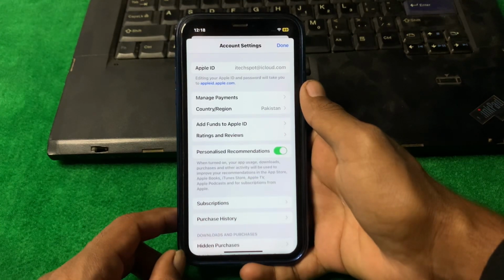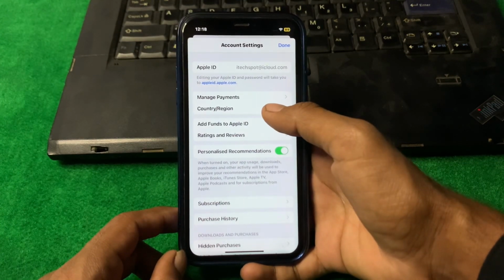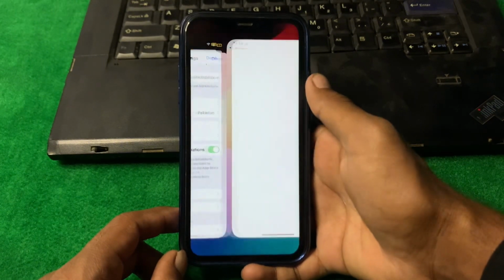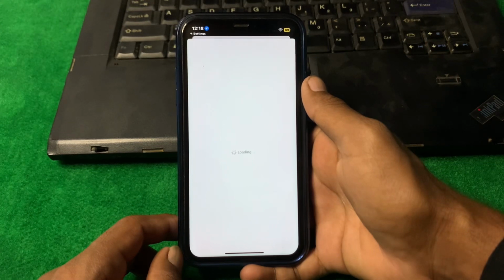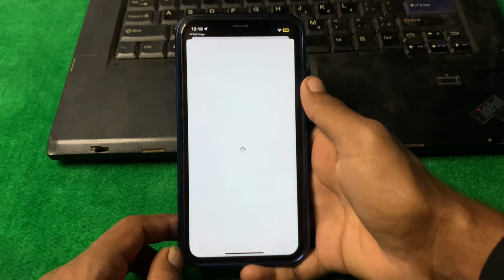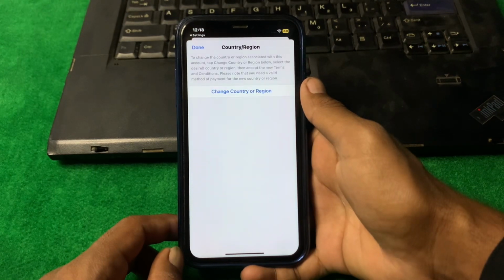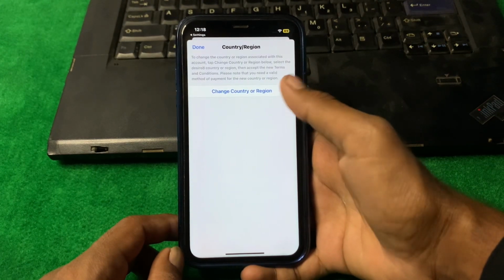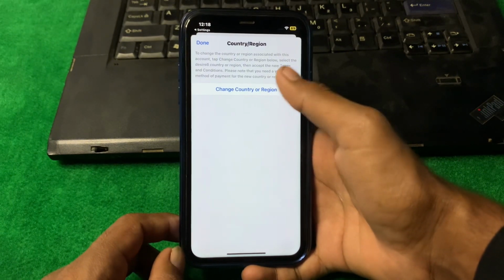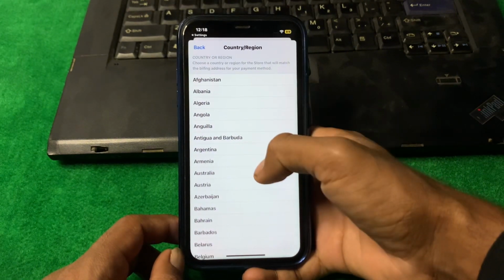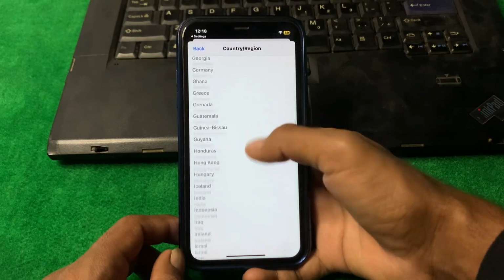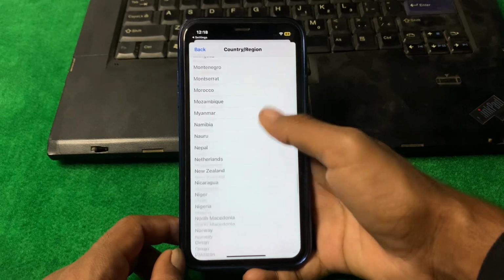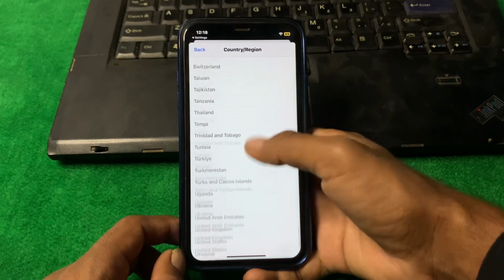and after that guys, just simply tap on your country or region, tap on this, and again wait some seconds. And now from here guys, you have to just simply tap on change country or region, tap on this, and from here guys, select your country as United States. So guys, search here for United States,